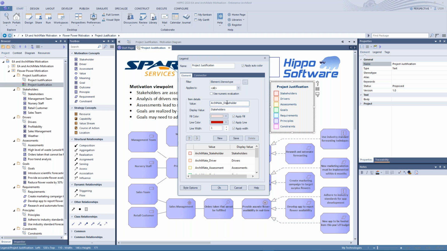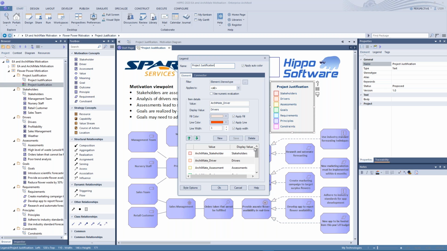So we type in each of the different ArchiMate stereotypes in turn and associate that with a different color. So we're going to show our stakeholders in red, our drivers in orange, our assessments are going to be in yellow, goals in green, requirements in blue, principles in purple, and constraints in pink,